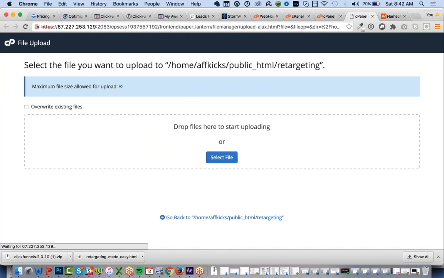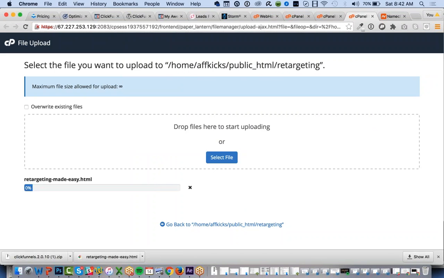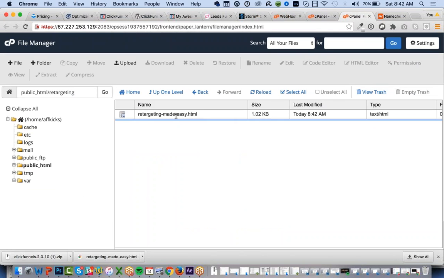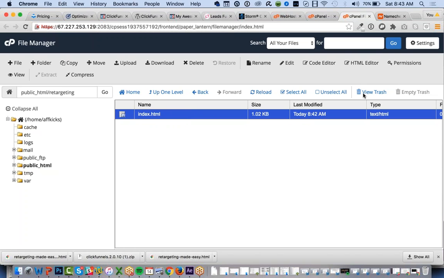Then click Upload, and we're going to drop in our HTML. See this here? We're dropping this into our cPanel. It's uploading this file. Now I'm going to rename this to index.html. If it'll allow me to rename it, I will. Okay, you have to click enter. So, index.html. Now, to test this out, we're going to go to